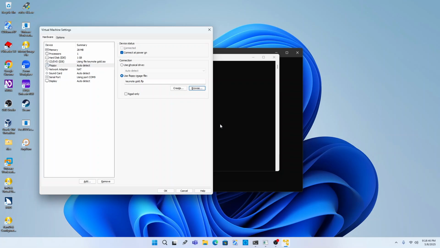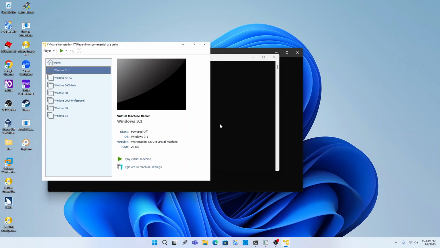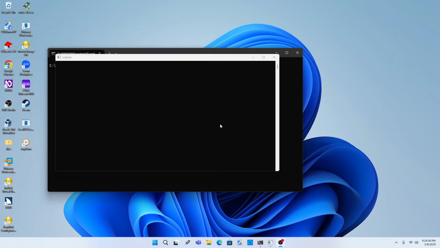Browse. Read only not checked. Add. Remove. Add. Browse. Create. Cancel. OK. What we can do is close out of here. And now in my File Explorer, there should be a file called Keynote Gold, a blank floppy disk image